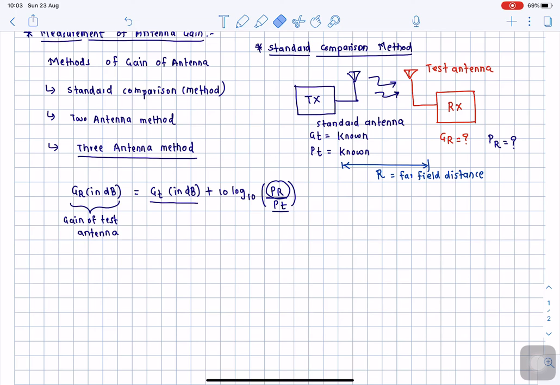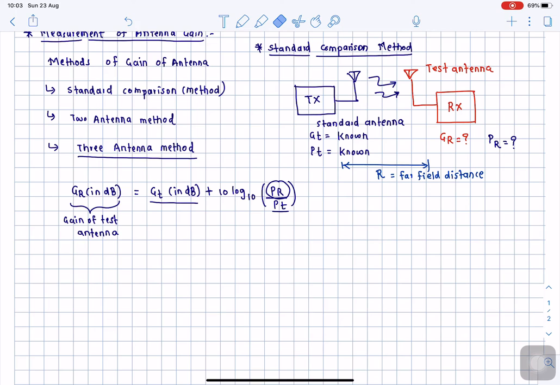If you compare the right hand side, the R value is known to us, that is the separation distance. The lambda value is known to us, that is the operating frequency, which we can convert into operating wavelength. We should measure the received power, that is PR, and we already know the power with which the transmitter antenna is excited. So all these four parameters on the right hand side of this equation are known. Okay, so in this particular case,